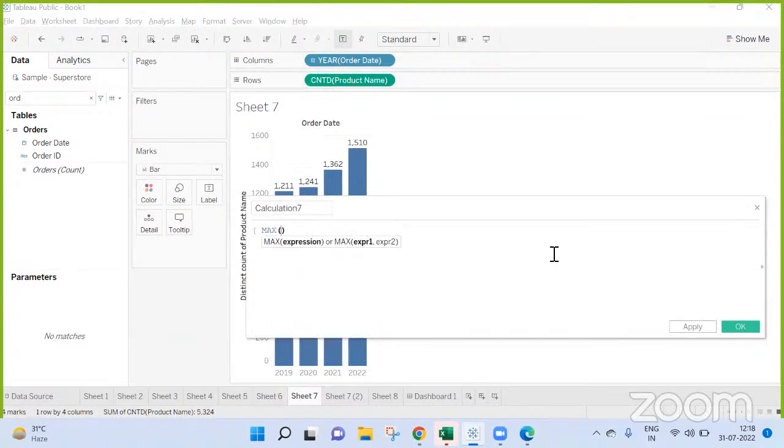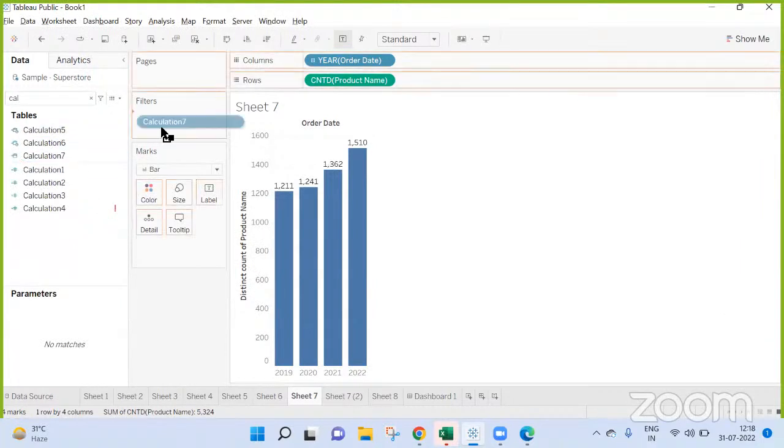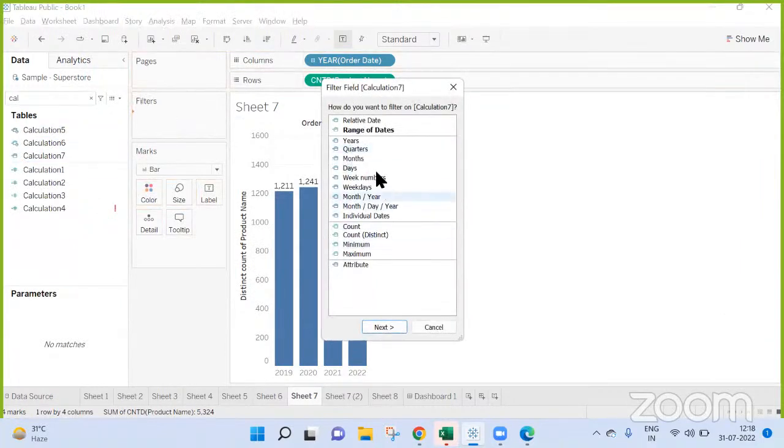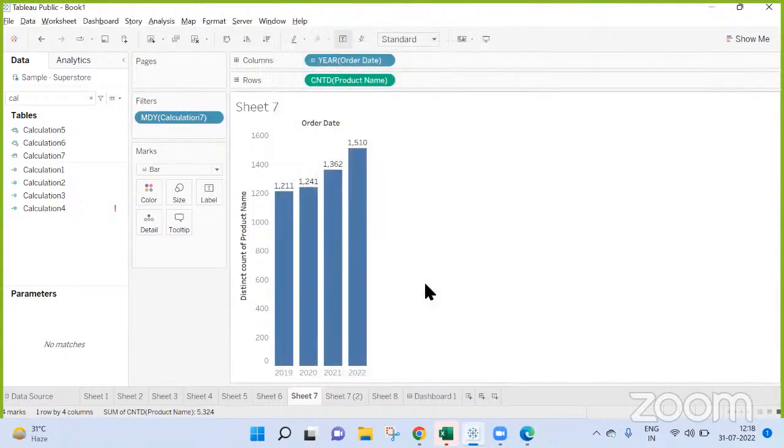Yeah, for the latest date, I have calculated max of order date. I have fixed that actually. Then one parameter I have created, select date.